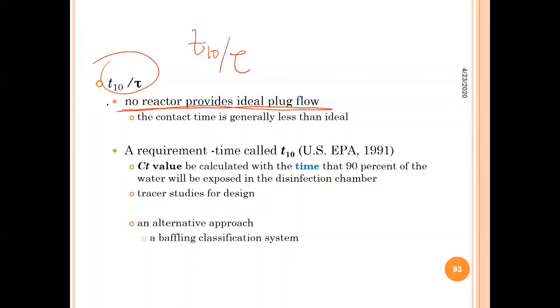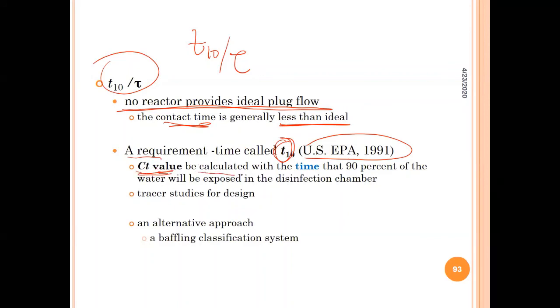So actually the contact time is less than ideal. So USEPA uses a requirement they call T10. T10 is a time requirement, a CT value